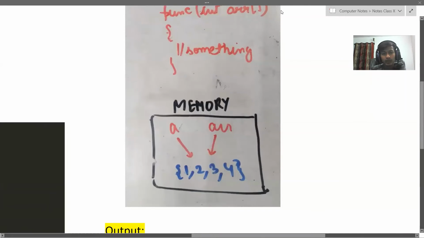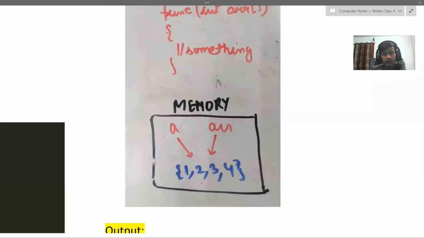You all can see that we have our memory here. In our memory, what is happening? We have our 1 2 3 4 created once only. Our 1 2 3 4 is created only once, but A is also pointing to the same thing, and arr is also pointing to the same thing, because array is a referential data type. It stores the location. Whenever we create an array, it is allocated somewhere in the memory, because array is a referential data type. Therefore, an object of the array is created somewhere in the memory, and the variable actually stores the